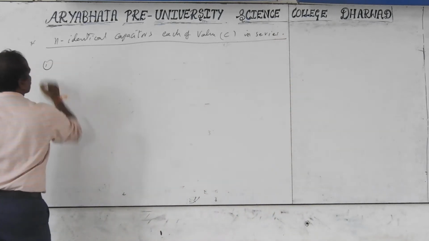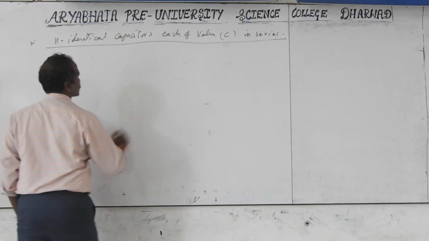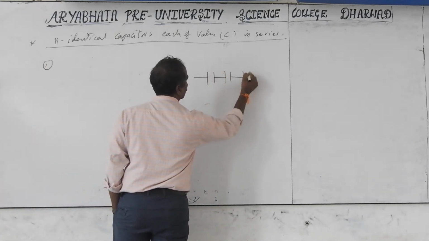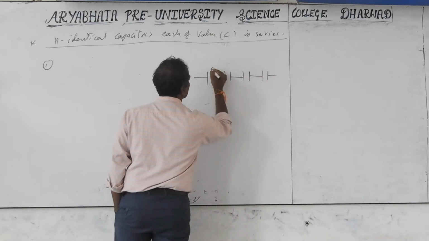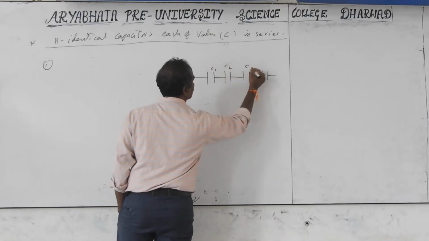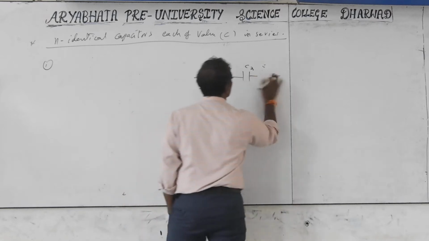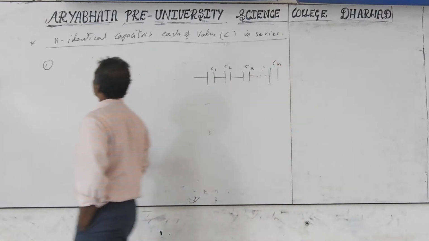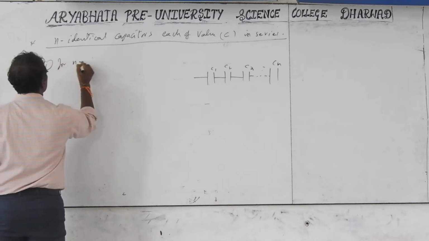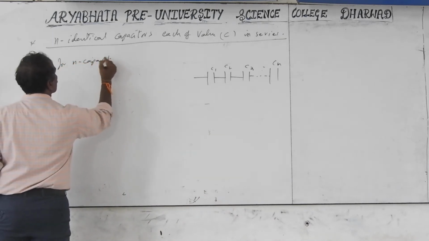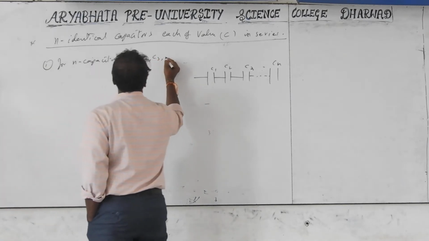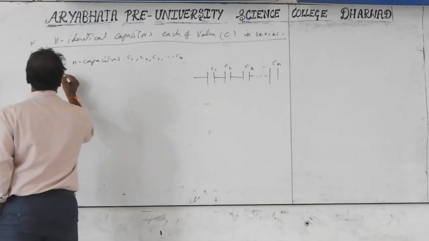If you take n capacitors in series, many capacitors, you just take C1, C2, C3 and so on, and the last one is the nth capacitor, Cn. For n capacitors C1, C2, C3 and so on up to Cn in series,